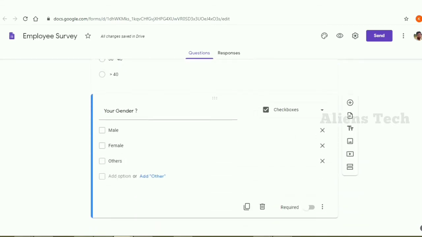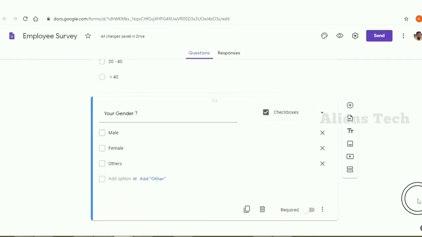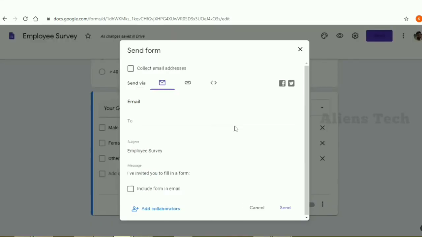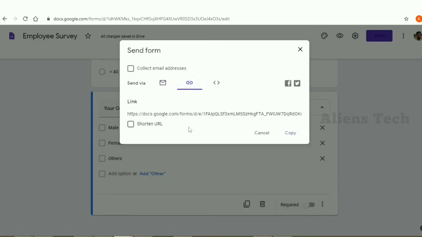Once you're done, you just review the question list. I just added two questions: the first one is radio button options, the second one is checkbox options. And once you're done, you can see the Send button on the top of the page. If you click the Send button, it will ask you whether you want to send the form, to how many users and what kind of users, what subject it is, and whether you want to send any message, like that. All the relevant details it will ask you. If you want to send that mail, you can provide the relevant mail addresses in the first option, or if you don't want to send this link as a mail, you can even copy the link by clicking the second tab.